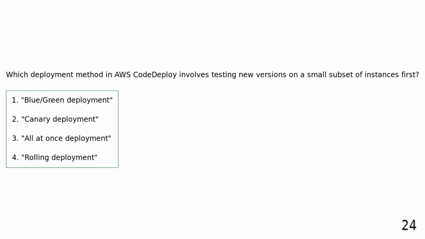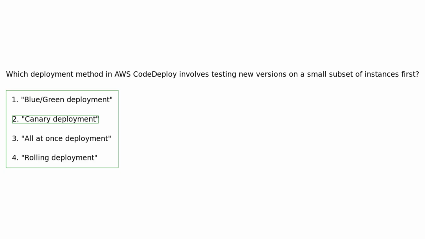Which deployment method in AWS CodeDeploy involves testing new versions on a small subset of instances first? Blue/green deployment. Canary deployment. All-at-once deployment. Rolling deployment. Canary deployment in AWS CodeDeploy allows testing new versions on a small subset of instances before rolling out to the